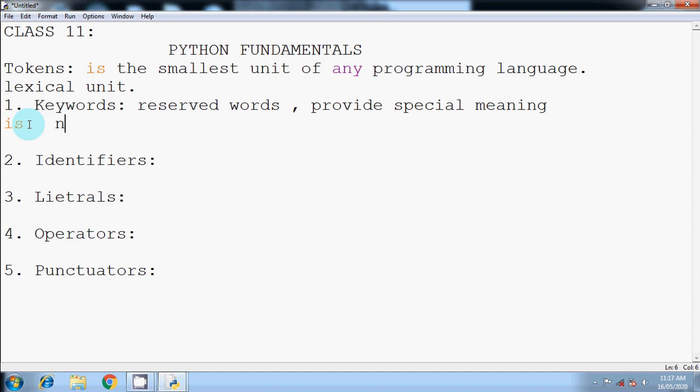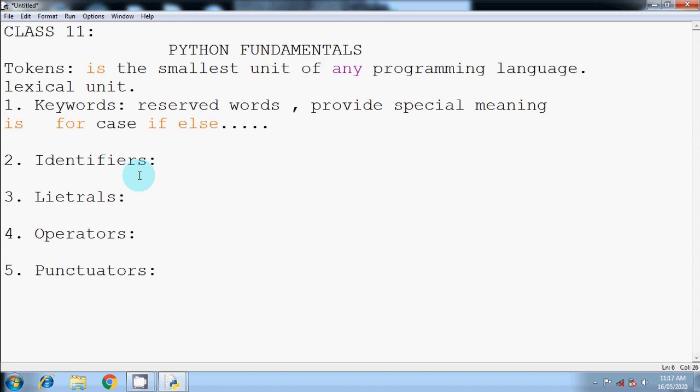Similarly, we used to use for for some other purpose, but now it is a keyword, which means it has some special meaning and is reserved by the Python language and you cannot use it in your own way. So in this way there are many keywords in Python. You can identify them by this color change. If you write any word and it changes to orange, that means it's a keyword. If not, then it's not a keyword.